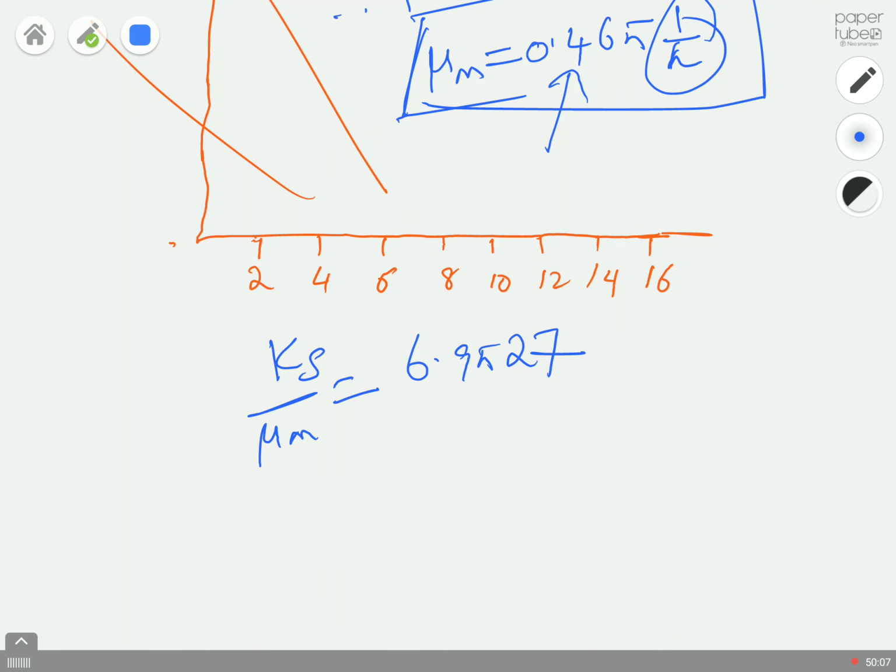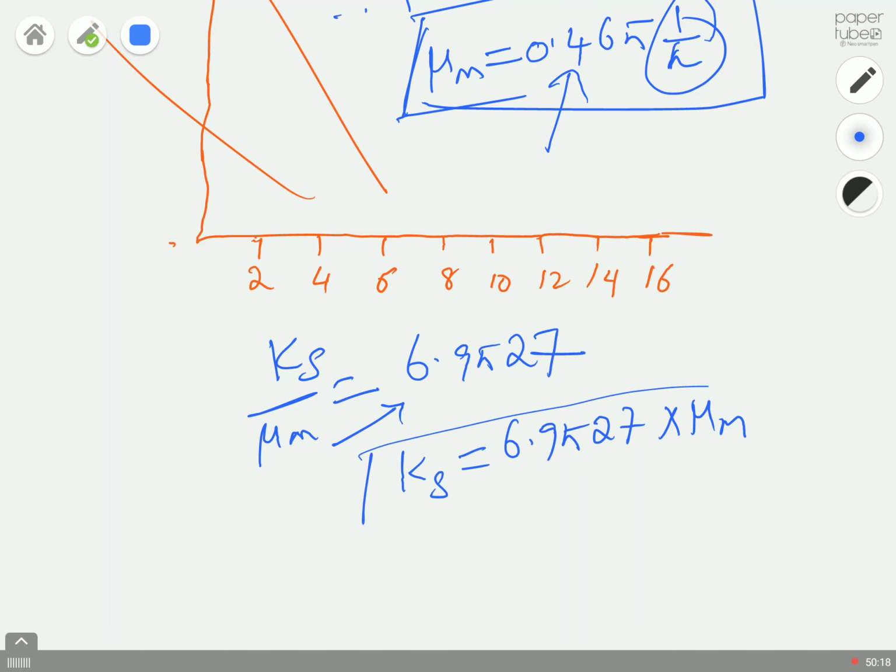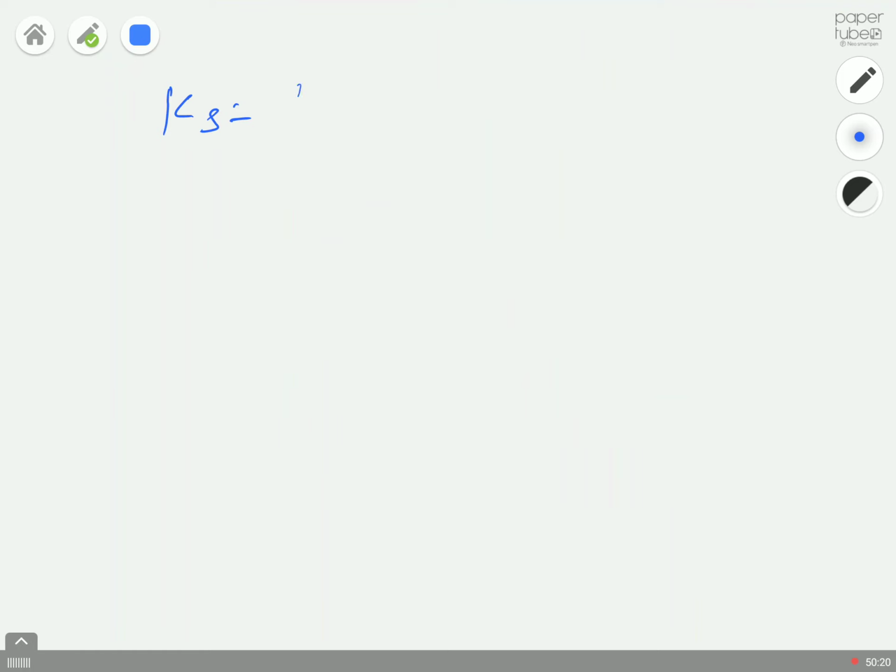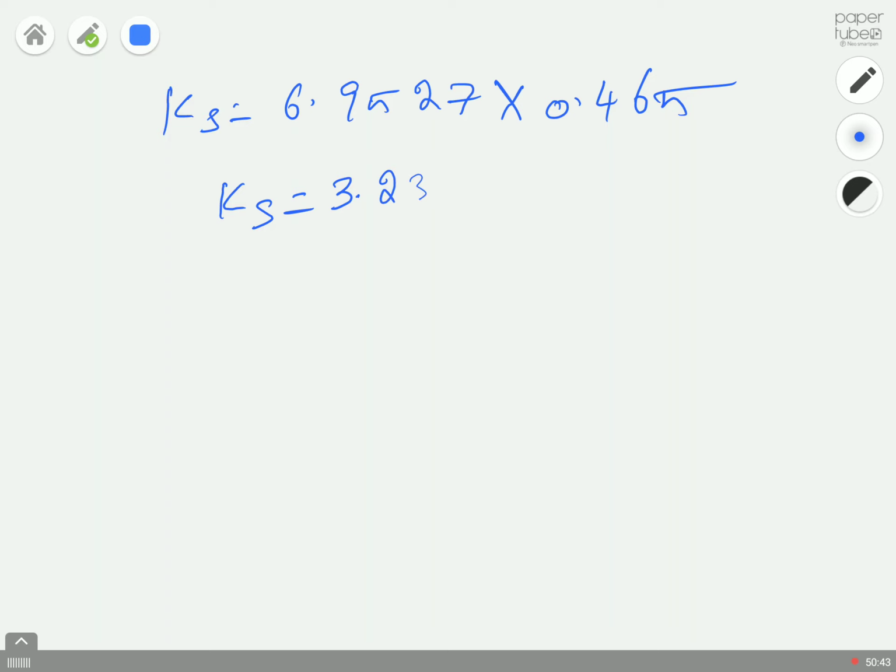So Ks will be equal to 6.9527 multiplied by your maximum specific growth rate. So Ks is equal to 6.9527 multiplied by 0.465. So what will be this number? Let me calculate. 6.9527, yeah. So Ks will be equal to 3.236